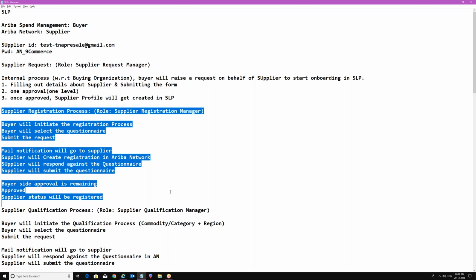So let us see the process first, then I'm going to explain to you theoretically. Why? Because if I explain to you theoretically, you will be having too many queries on this part. So let me show the process. Then within the process only, I'm going to explain you the process flow which we are seeing over here. But before that, let me just unshare my screen once. Why? Because I have to share the email notification for the supplier also. So let me just log in from that particular supplier Gmail ID.